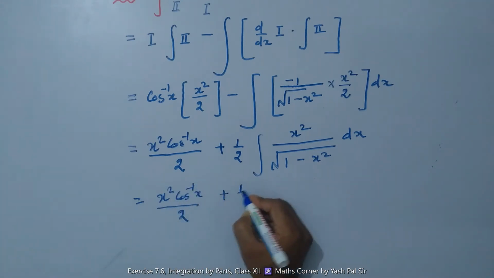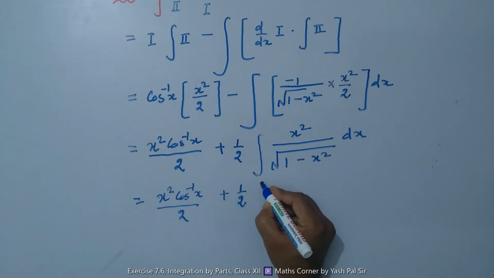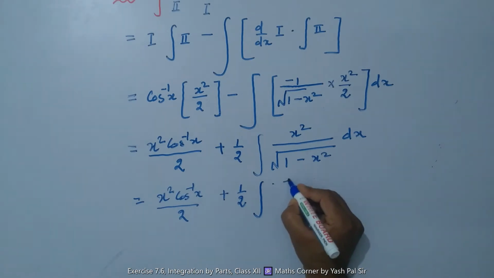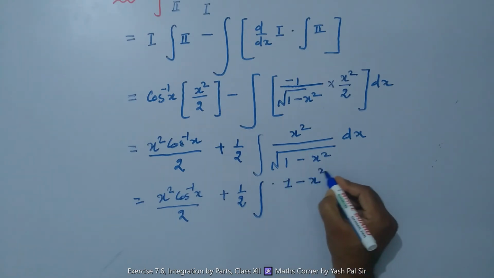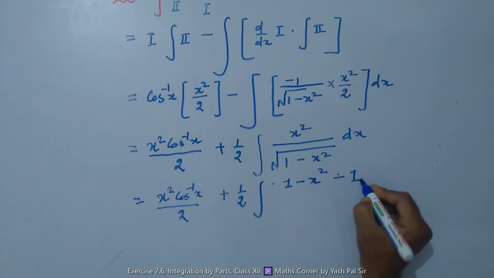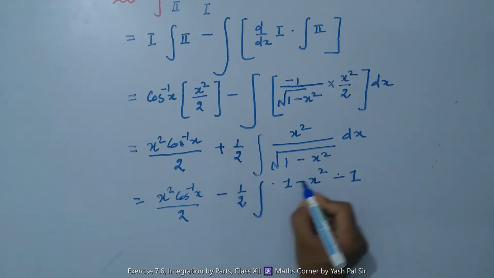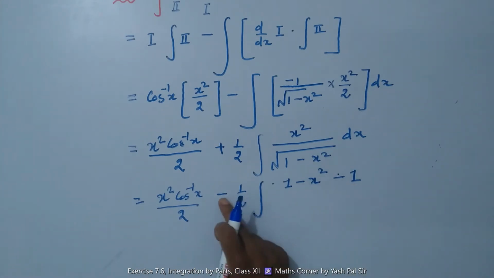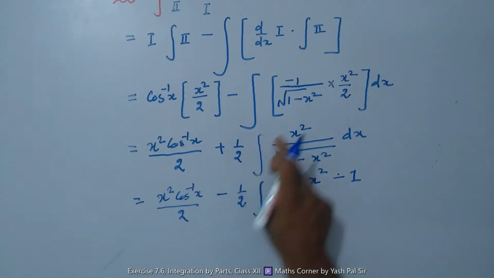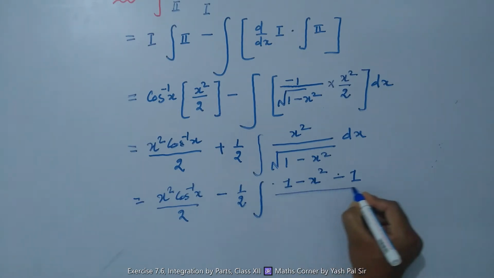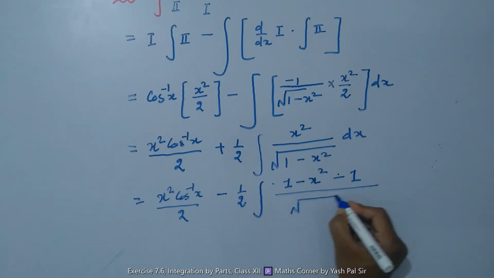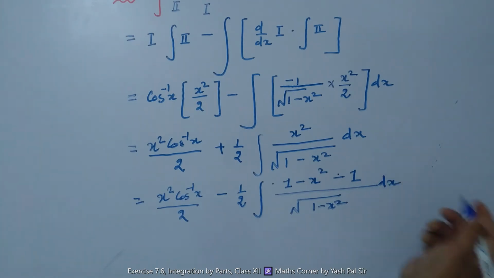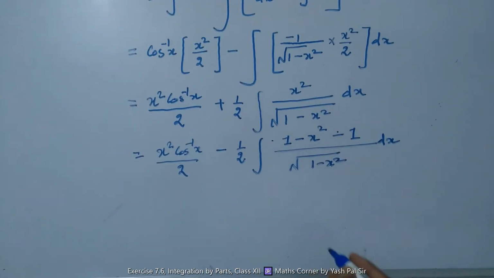So what should we do now? In the second part we have x square cos inverse x upon 2 plus 1 upon 2 integration of, suppose this is, 1 minus x square minus 1. We are taking the minus sign outside, plus and minus cancel, minus x square plus x square becomes this, so we have 1 minus x square dx. So this way further we can write this equal to